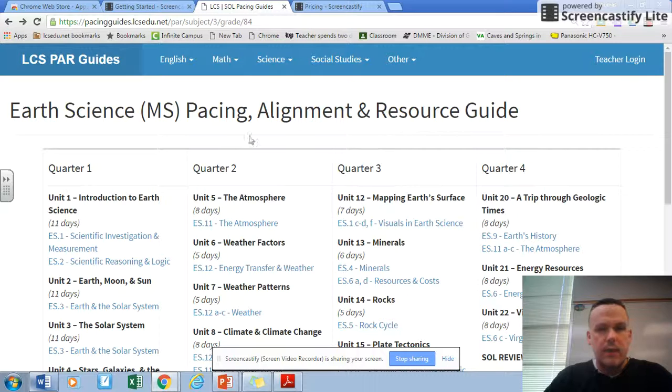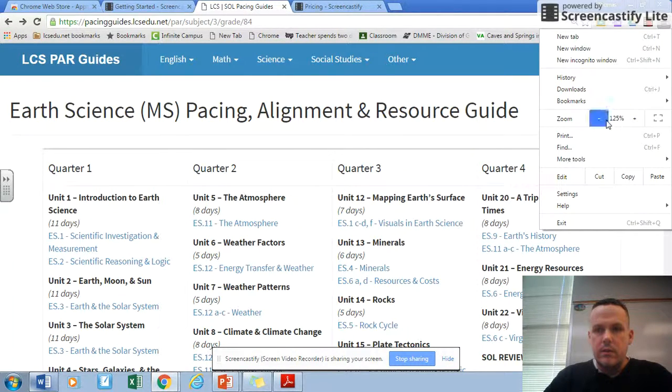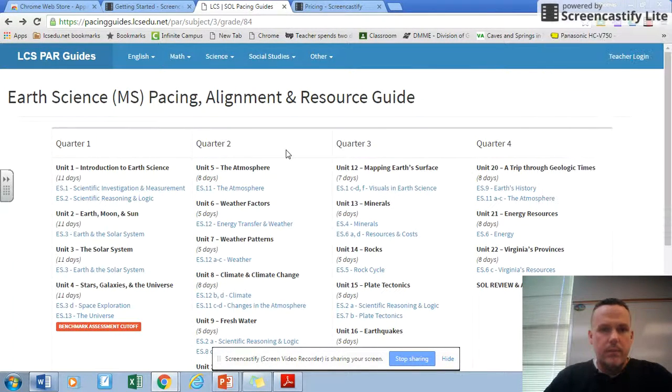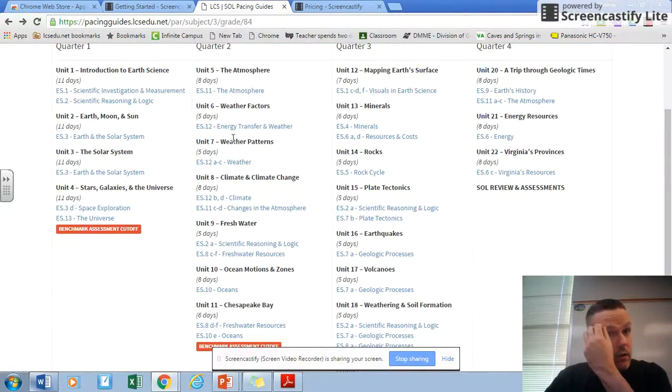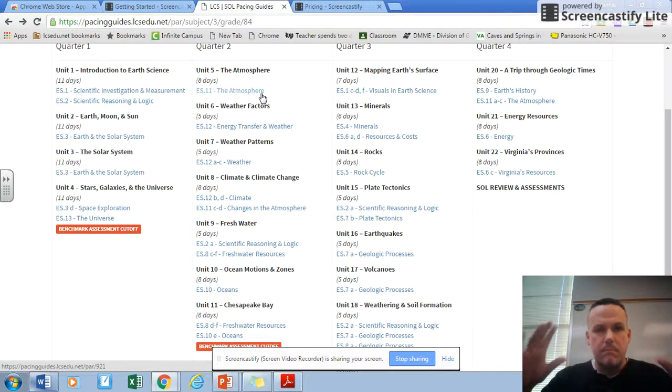This is your pacing guide, and I'm going to zoom in a little bit so you can see better. There you go. You can be tested on anything right here on the second quarter. What I'm trying to do is get through a lot of information in just 10 minutes, and it notifies me about 30 seconds before the video is going to close. So I'll have to do a quick wrap up, and then I'll do another video where I left off. Again, I'm just going to hit the big topics and try to go through as many of these as possible, and the sub can just keep showing them until the end of the class.